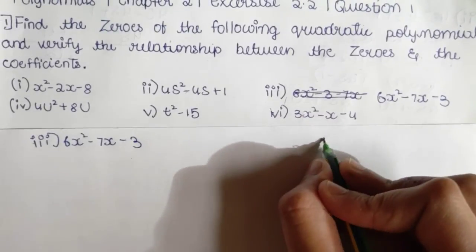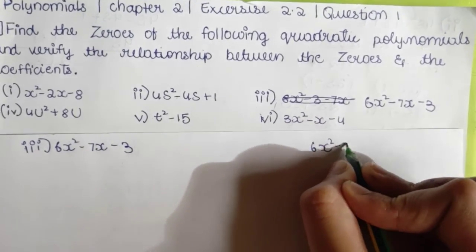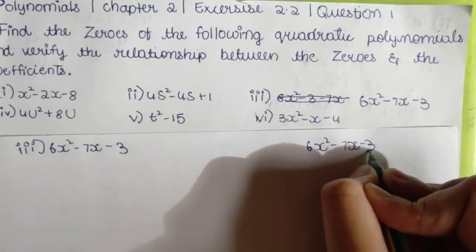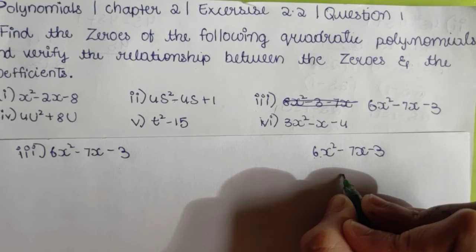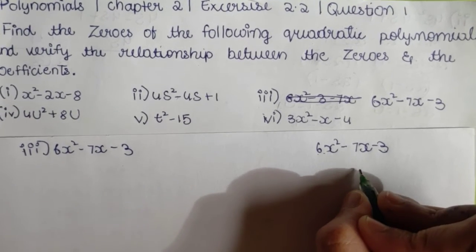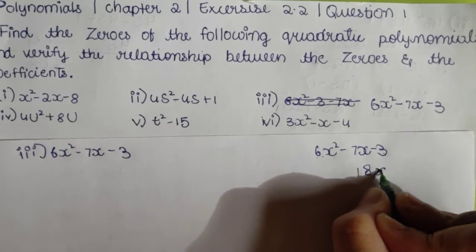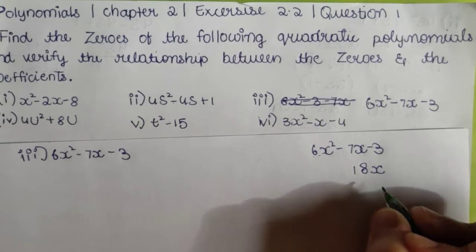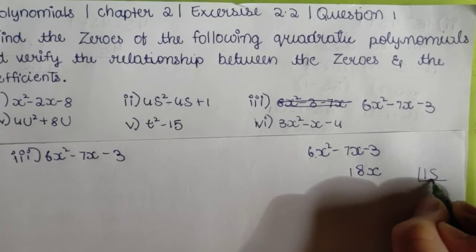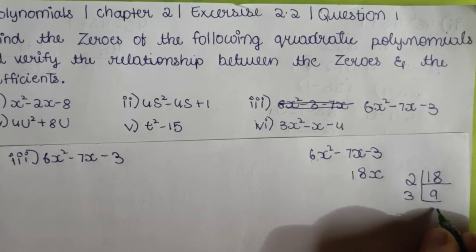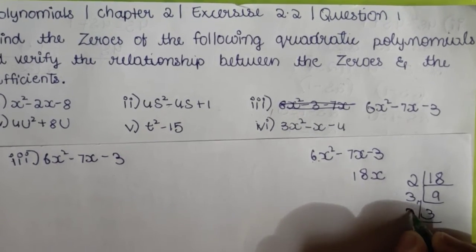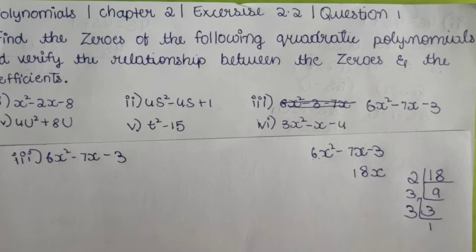For splitting the middle term, first we have to multiply 3 and 6, that is 18x. Now let's take the LCM of 18. 2 9s are 18, 3 3s are 9, and again 3 1s are 3. Okay, so here